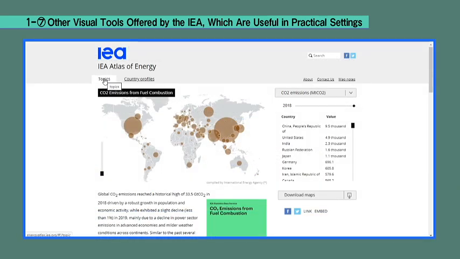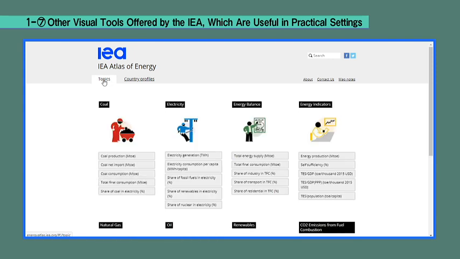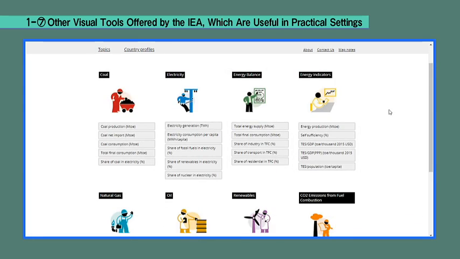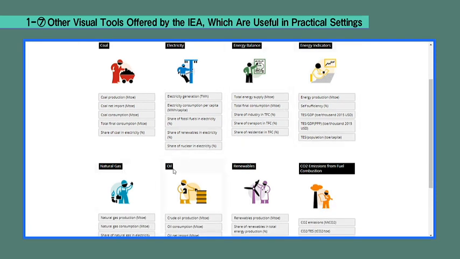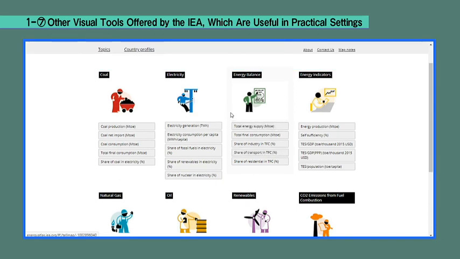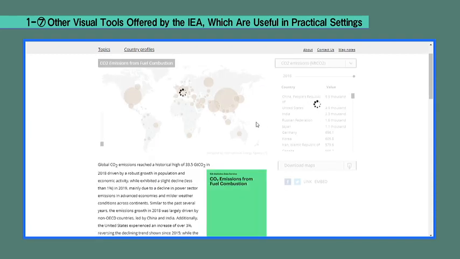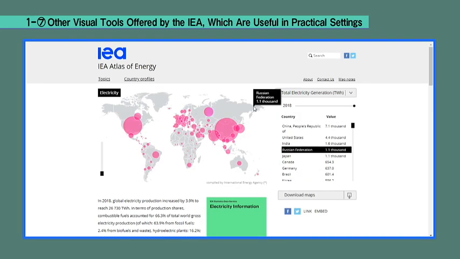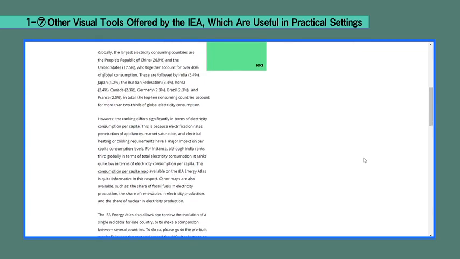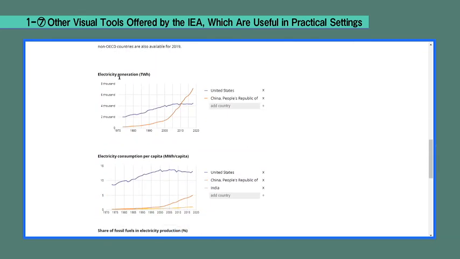Here, click Topics. A massive amount of data is contained here, including coal, electricity, energy balance, energy indicators, natural gas, oil, and renewables. Such data is available here. For example, click Electricity Generation. Open this page. Scroll down to the lower part, and you see the trend of electricity generation by country in